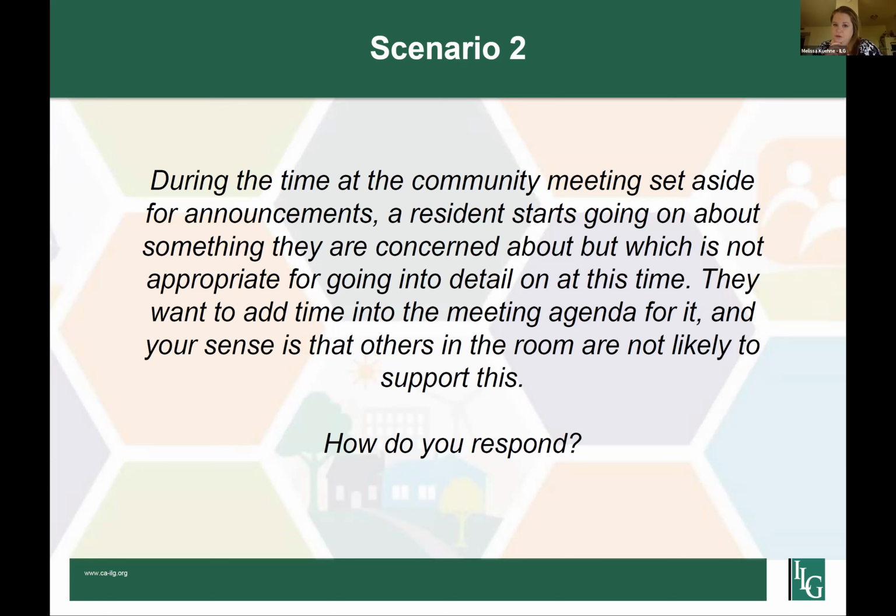Yeah, that's definitely a good point, making sure you're clear about the legal rules that ground your meeting. You definitely can't talk about non-agendized items if your meeting is subject to the Brown Act. If you're thinking about this in a broader context about a community meeting, though, and somebody wants to extend an agenda item, any thoughts in that scenario?